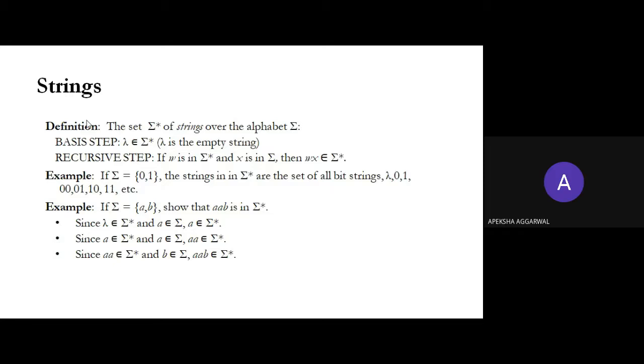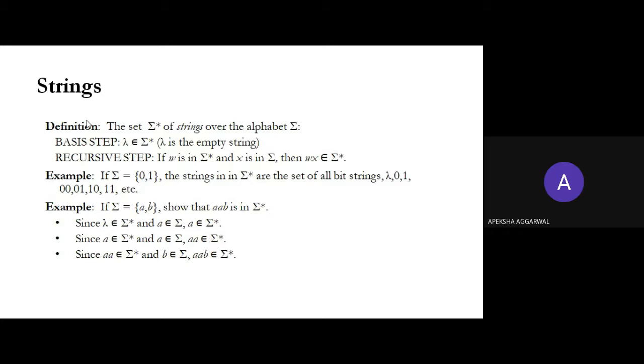Sets of strings are formed. My language has words, right? So if I'm speaking something, it has words, and those words are made of strings, plus some characters are also there. Spaces between words, full stops, commas, etc. So everything is included in the alphabet. Now sigma over here represents the alphabet.